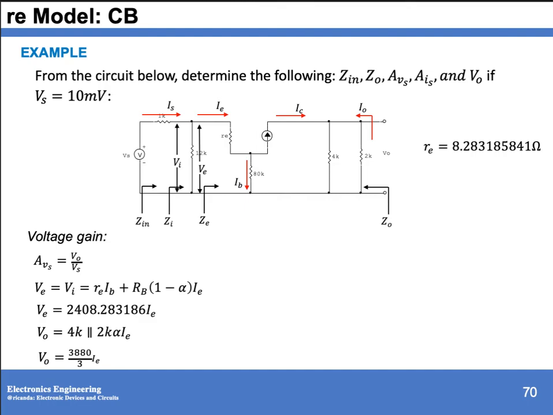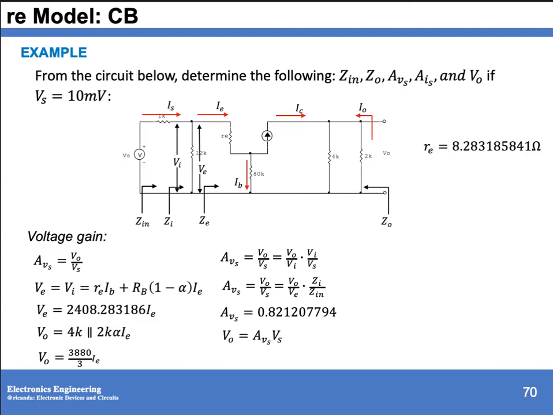So if we get the ratio VO over Vi, then times Vi over VS, where Vi over VS is equivalent to impedance Zi over impedance Zin. So AVS is equal to VO over Vi times Zi over Zin. So therefore, your AVS is 0.8212077794. For VO, that is equivalent to your AVS times VS. So we have VS equals 10 millivolts, then we multiply that by your AVS, then your VO is